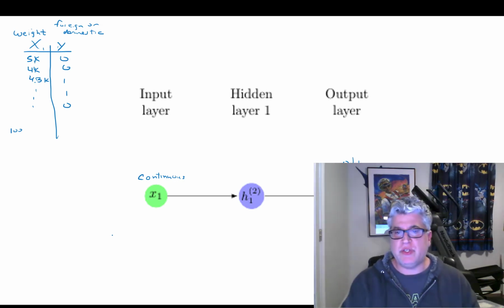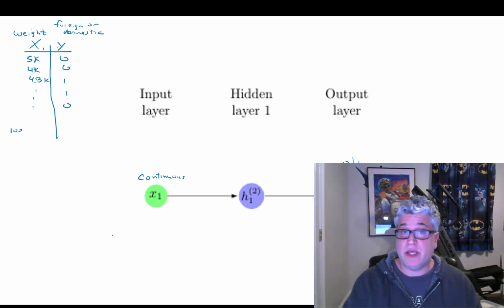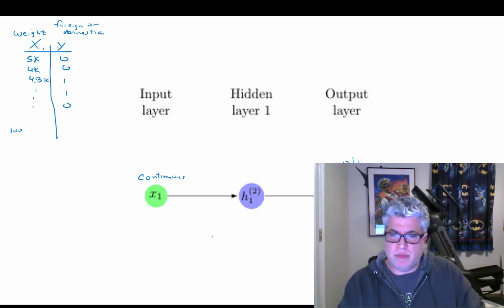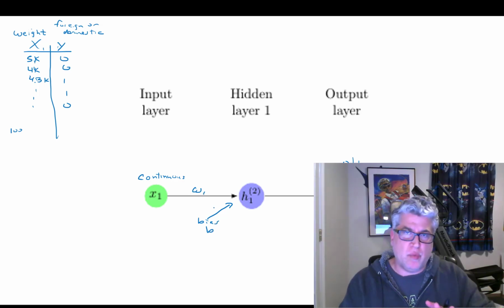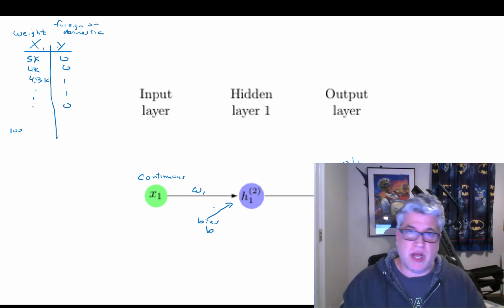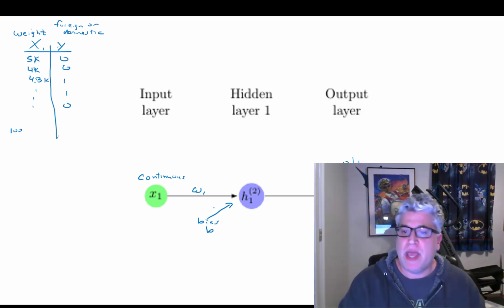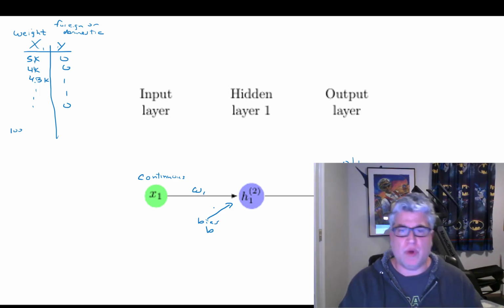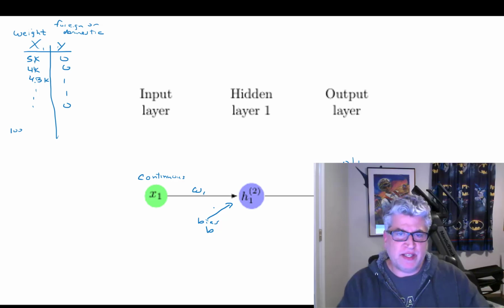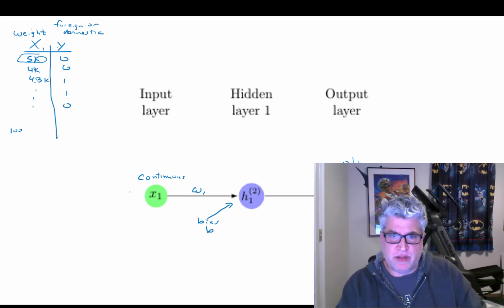All right, so the first thing we need to do is feed our data into our model. And let's presume that the weights, and we're also going to have a bias here, let's just say that we already know those numbers. We're not going to mess with the perceptron update rule right now. Let's just presuppose that the machine has already done its learning and it has workable parameters, the weights and the biases. So what do we do? Well, this should be familiar by now. We feed the data in, just one observation. So we just feed in the 5,000,